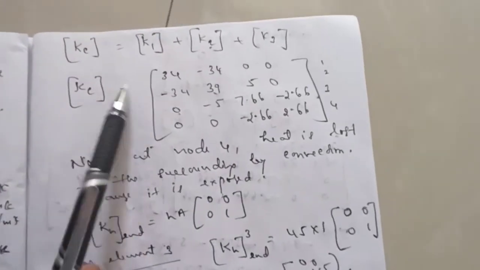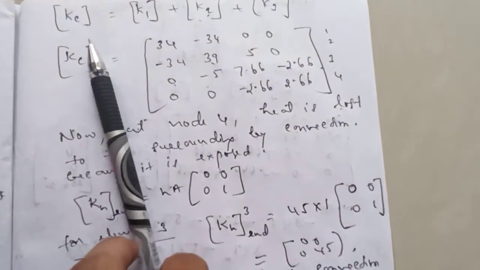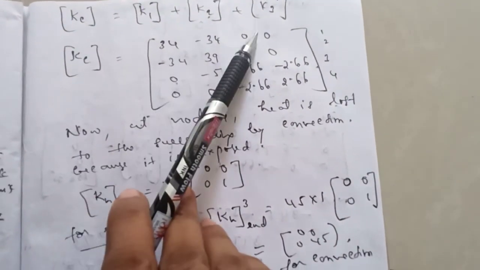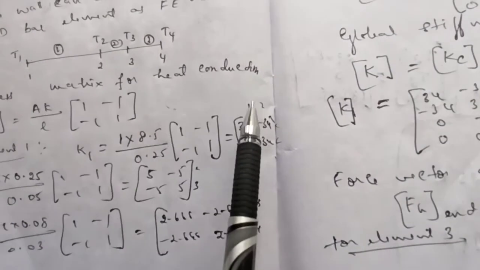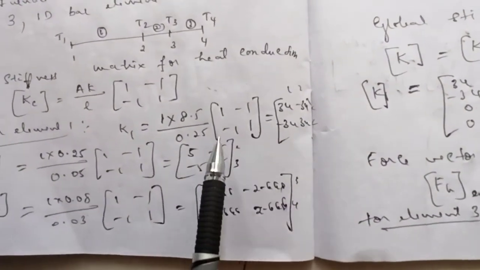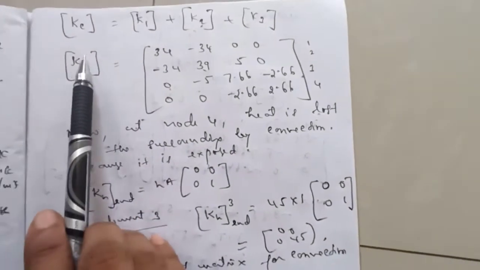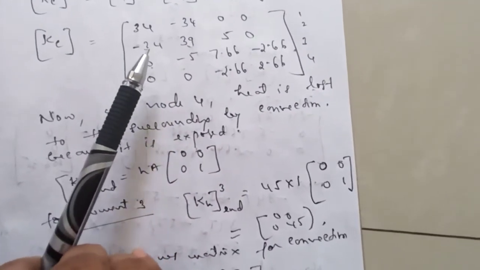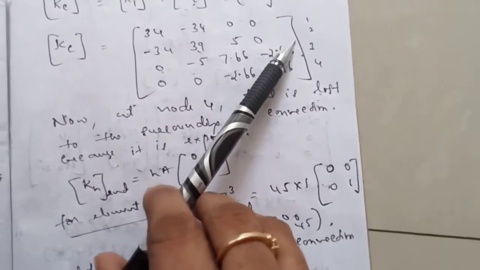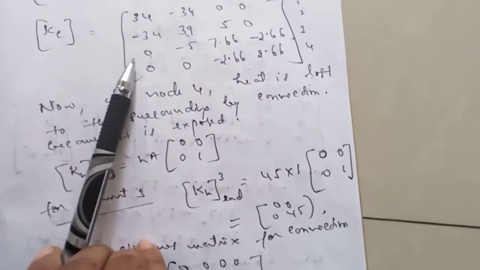Then next you need to find out the global stiffness matrix for conduction Kc, that is K1 plus K2 plus K3. Now I think you know how to find out the global stiffness matrix, because K1 is meant for first and second node, K2 is for second and third, K3 is for third and fourth. So you add all these things, because the global matrix is in the order of 4 into 4 matrix, since we have 4 nodes. It is for 1, 2, 3, 4. Okay, so this is a global stiffness matrix for conduction for the given problem.